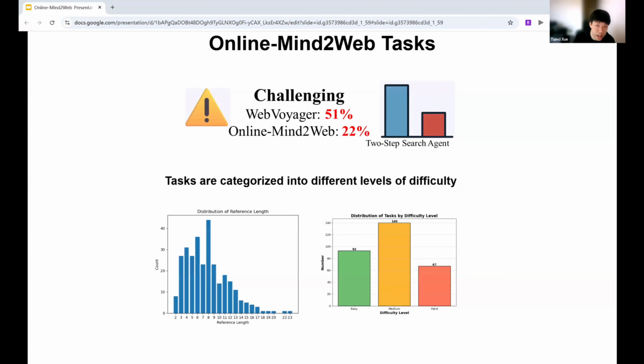It is also challenging: a two-step search agent can only solve 20% of the tasks, showing that most of the tasks cannot be solved by taking shortcuts. We also categorize tasks into 3 different difficulty levels to better evaluate the fine-grained performance of web agents.